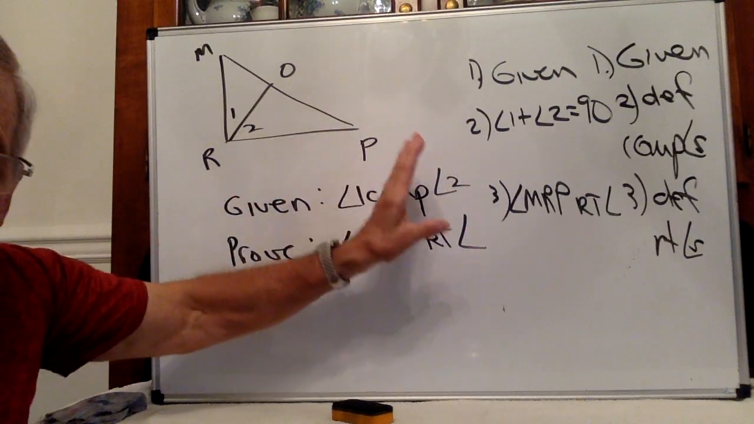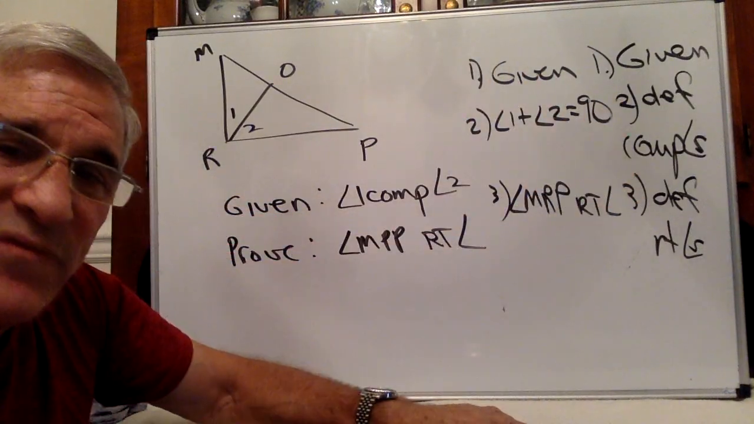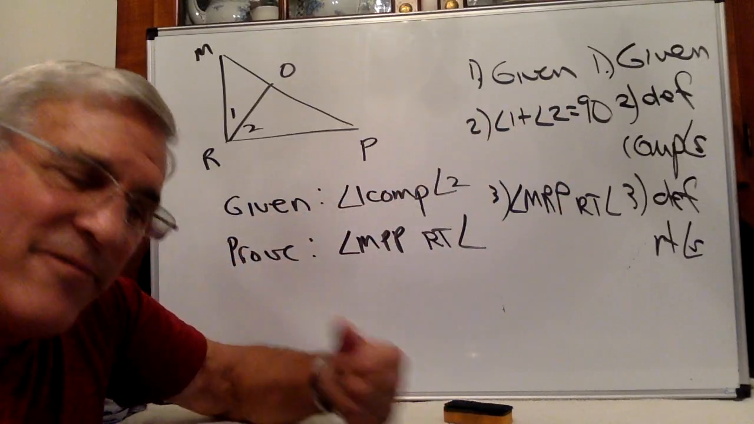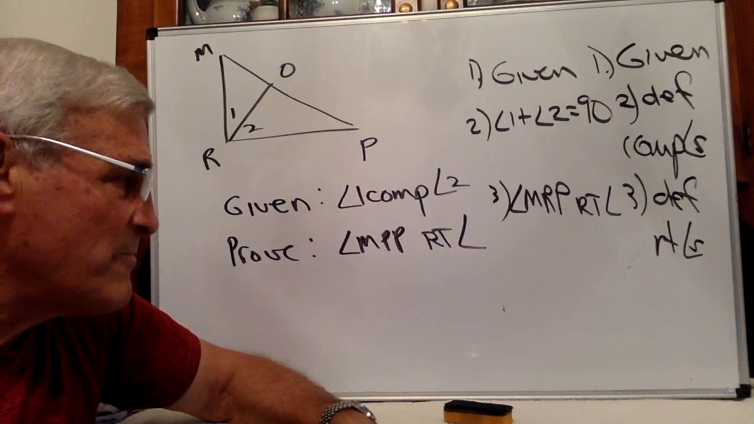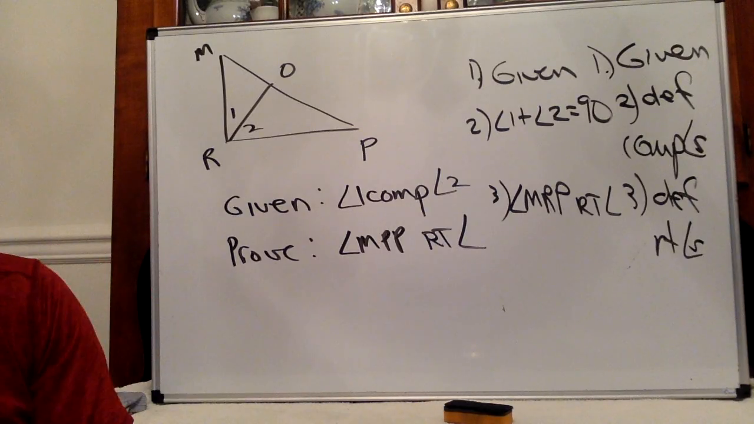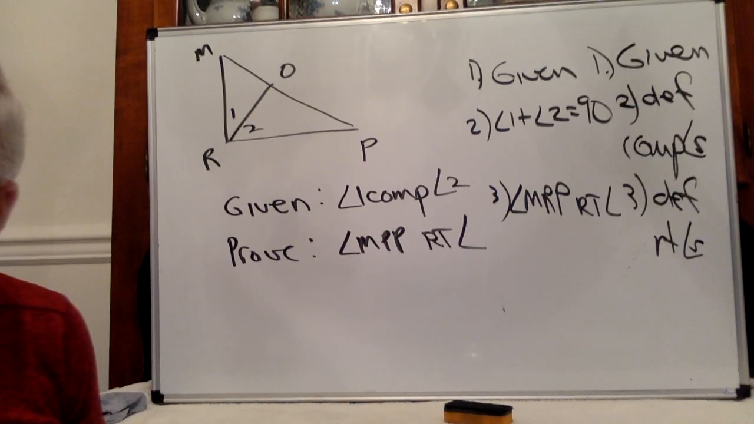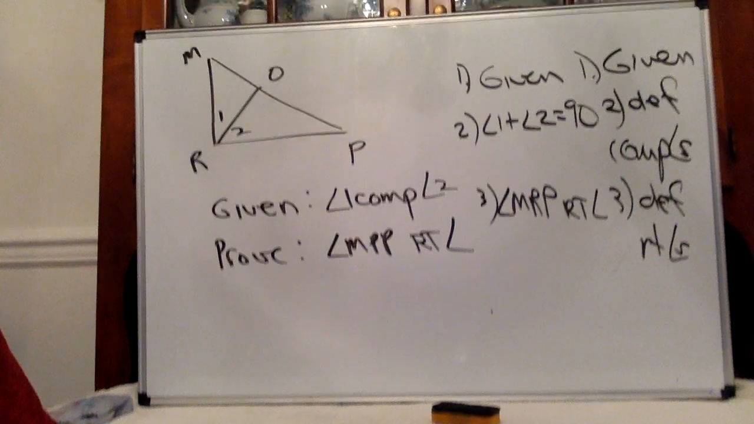Left column, statements, right column, the reasons for making that statement. The reasons will always be definitions, theorems, postulates, etc. So there is your first deductive proof. Next problem was number 18. Problem number 18 said,